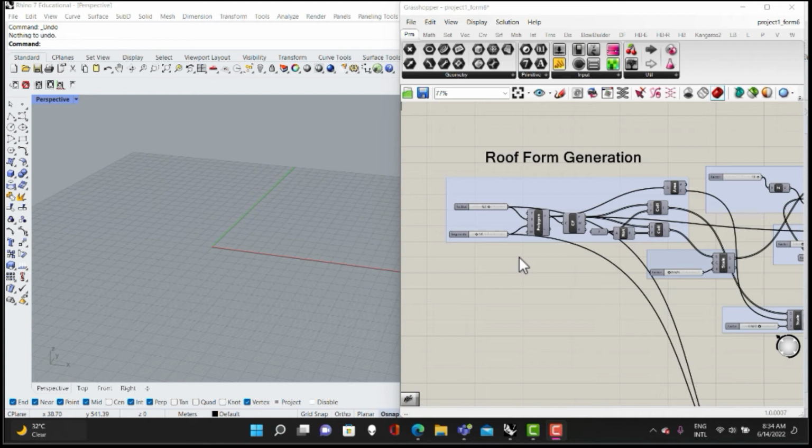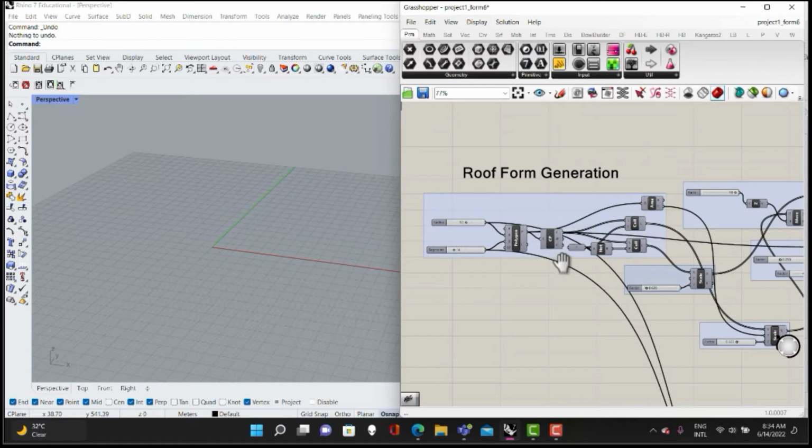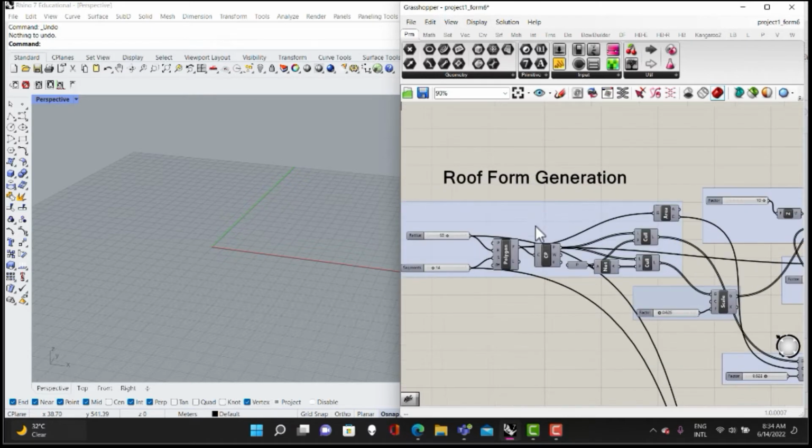Hello, my name is Fatma Erbash and today I will be presenting my parametric project, which is the Stade de Casablanca. So to start off with the roof form generation, I started by first creating a polygon that was segmented